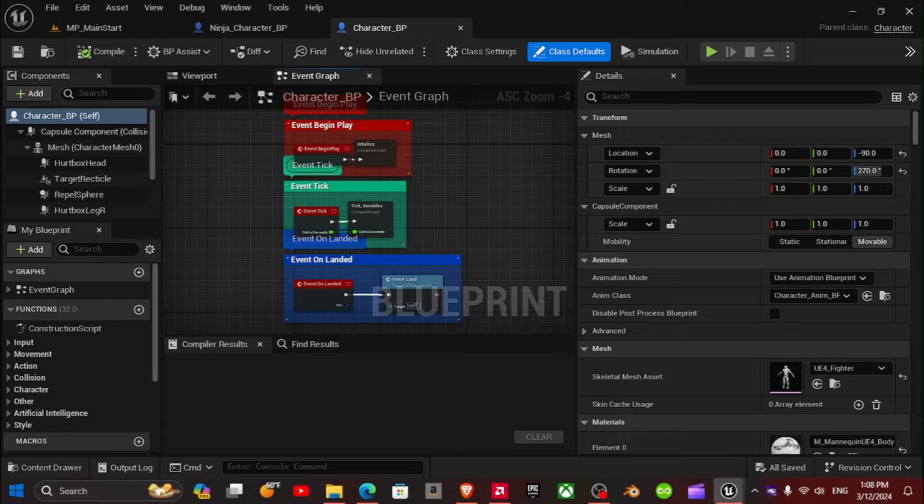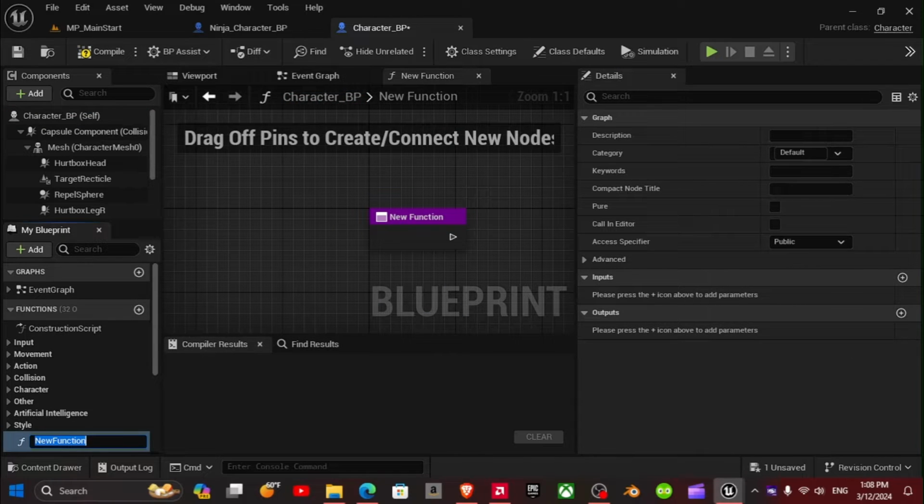I'm doing this because, in my humble opinion, it's much easier. Anyway, we're going to add a new function, and rename it action states.